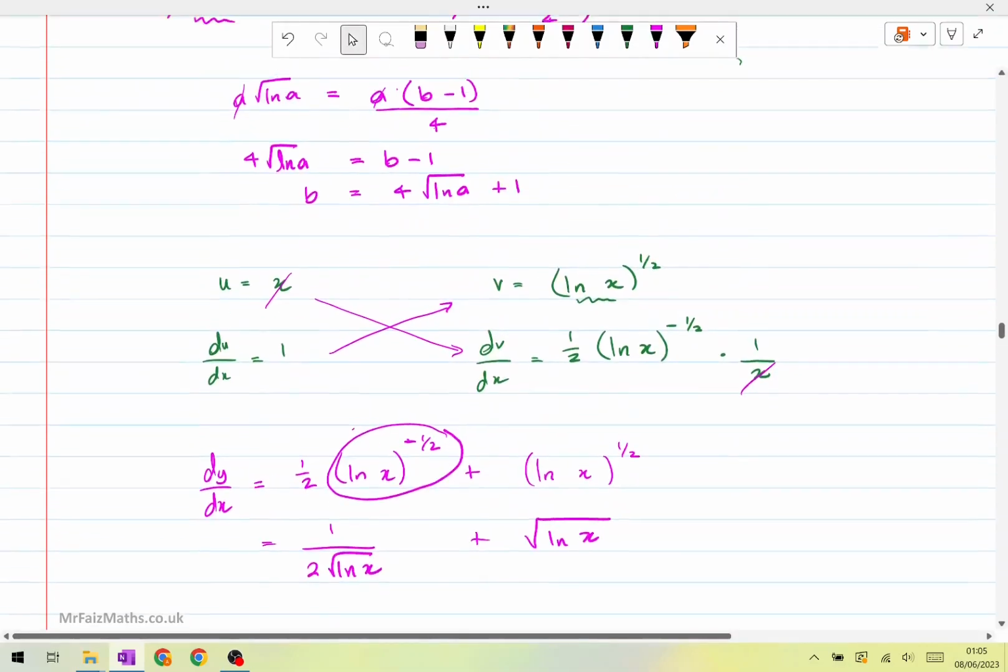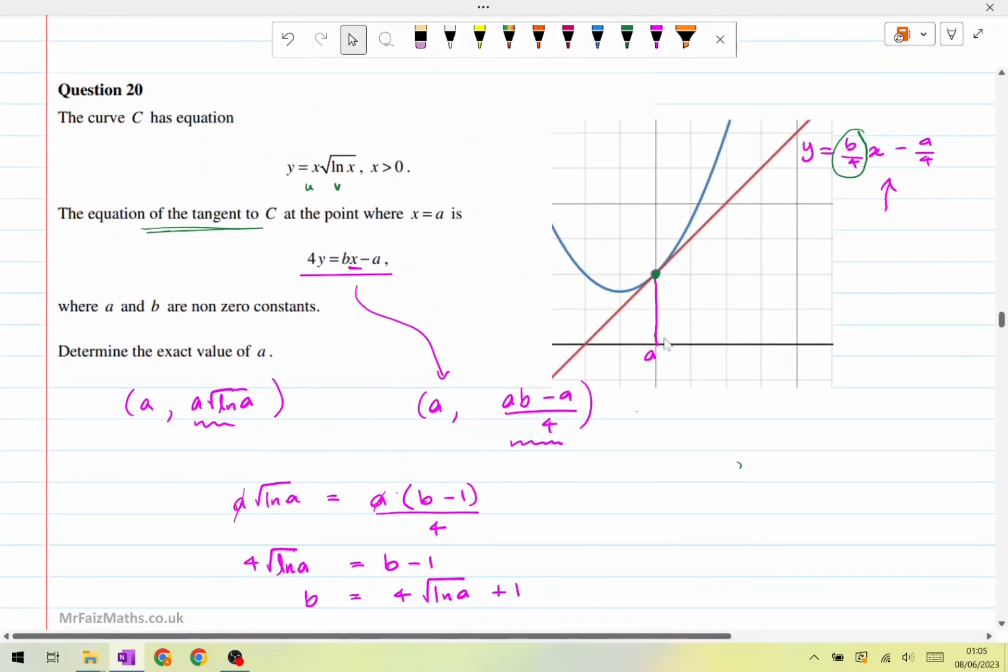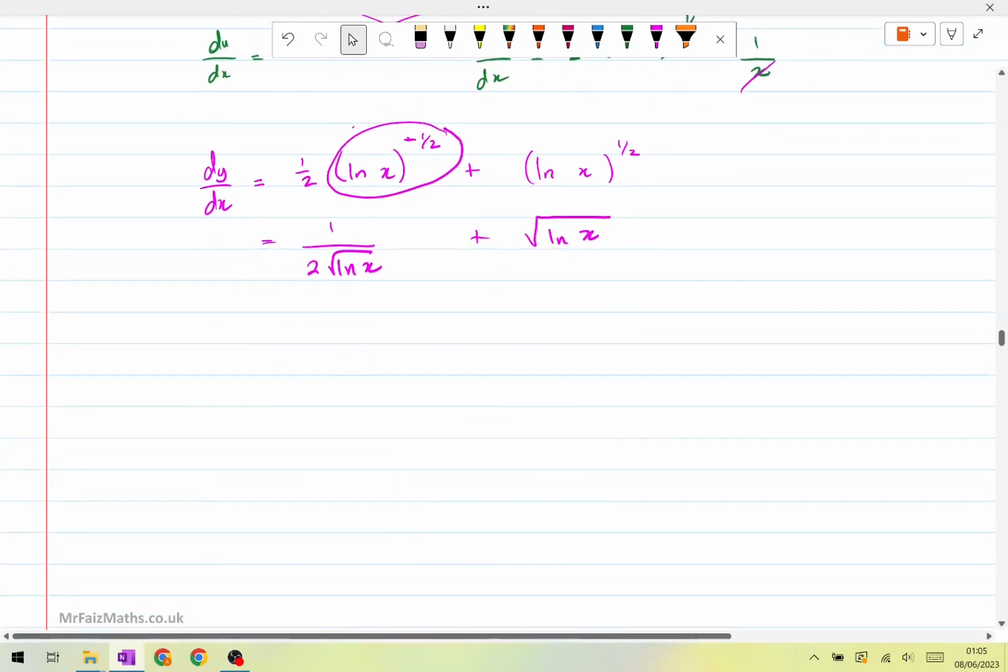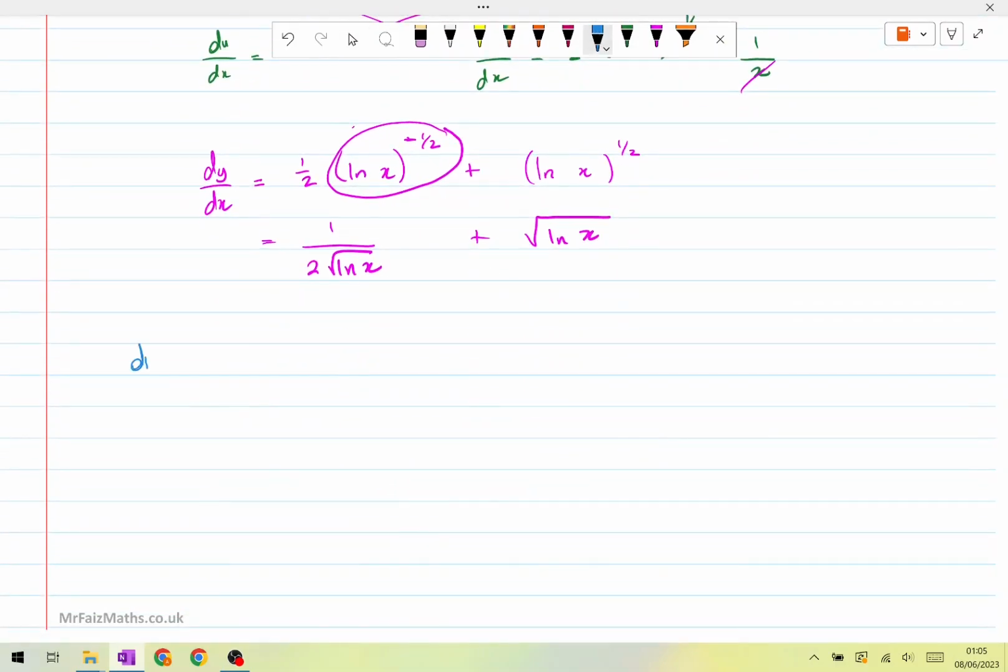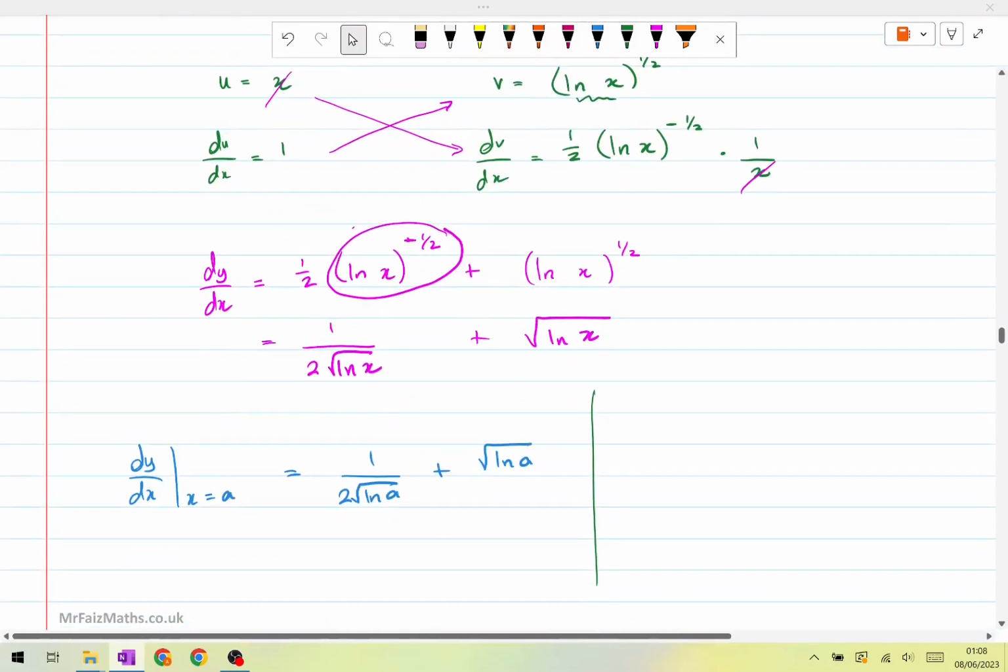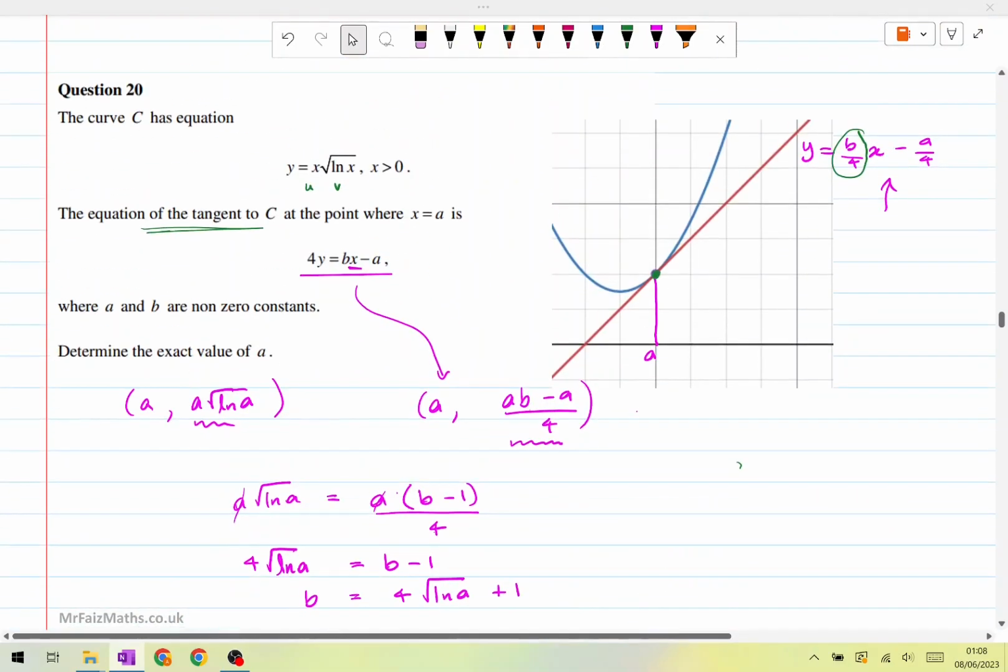So what we want to know is what is the gradient of the curve at the point where x is equal to a. So let's say dy over dx at x equals a. So dy over dx at the point where x equals a will be given by 1 over 2 square root ln a plus the square root of ln a. So this gives us the gradient of the curve at this point. But we also know that the gradient of the curve at this point is the same as the gradient of the tangent line. And based on the equation of the line, we know that the gradient is equal to b